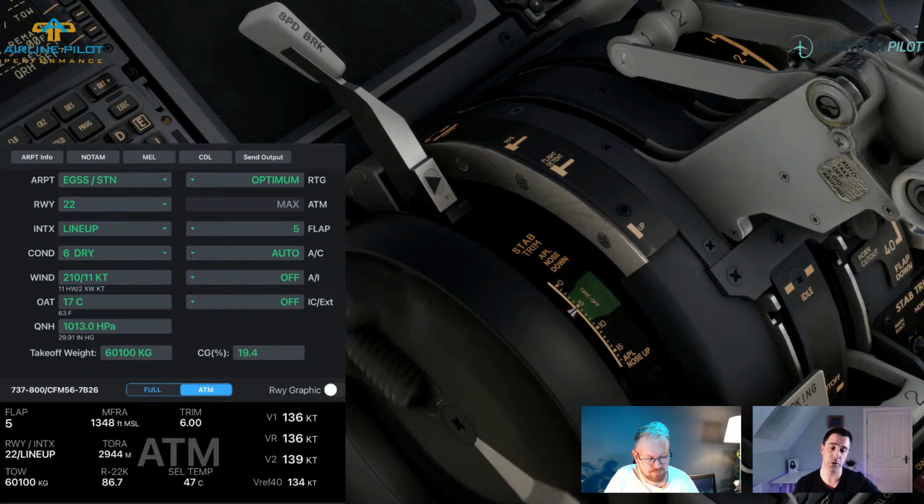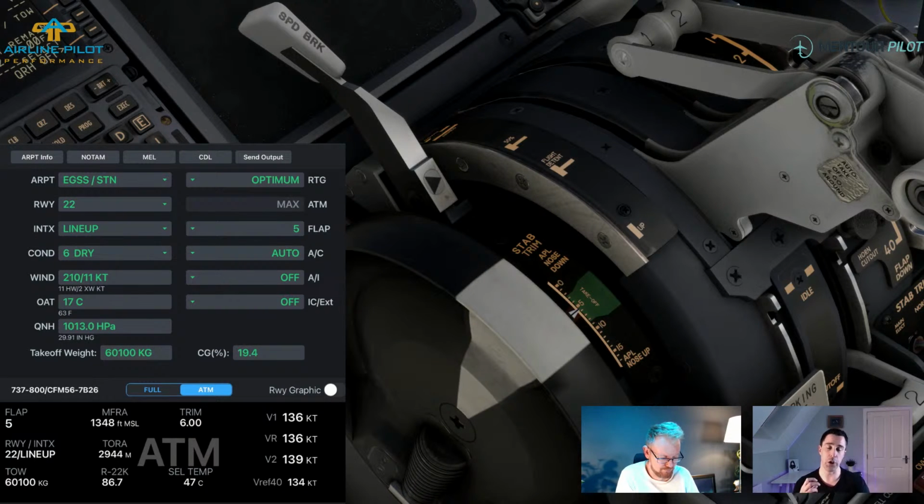So when we pull back on the control column to rotate the aircraft, it's not overly hard to pull back. It's equally not super eager to pitch up. This is going to make sure that the